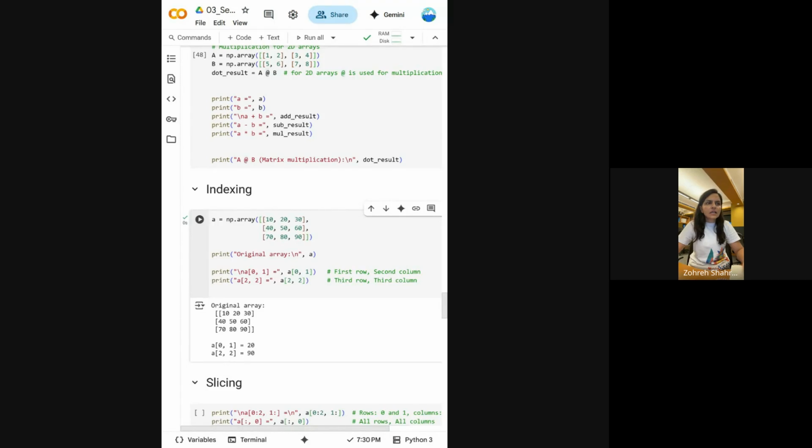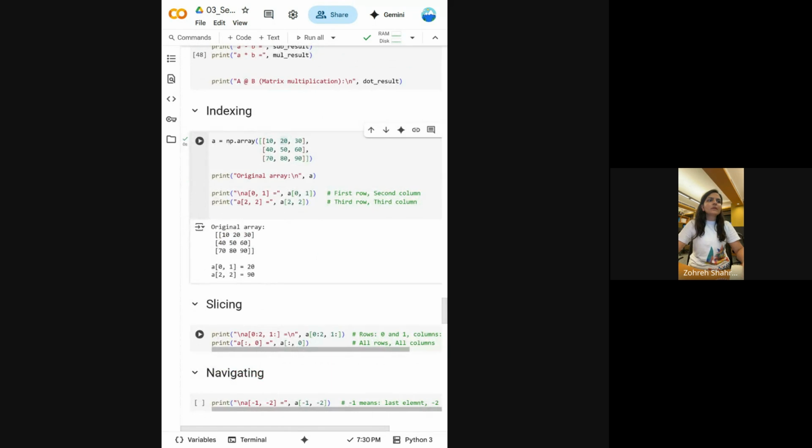And as you can see, I ask it for the third row, third column, which is indexed as 2, 2, and this one 0, 1, which is indexed as 20. Another concept that you deal with, for example, with big size of data is slicing. That means you just need one slice of this data, not the whole data in a row or in a column. So again, you use, for example,